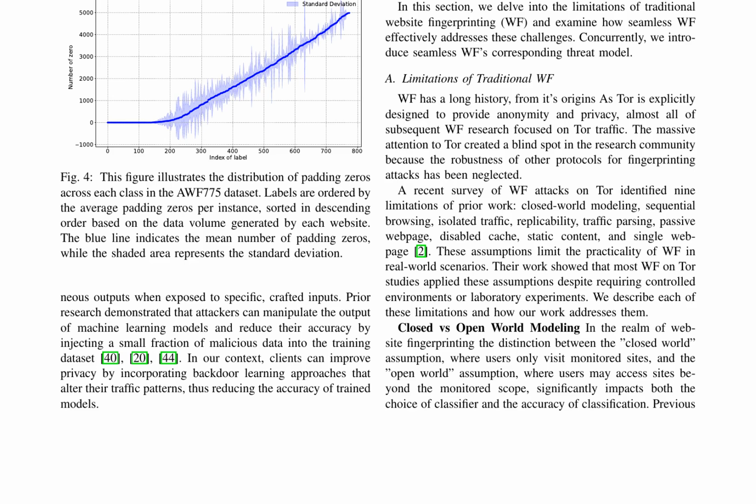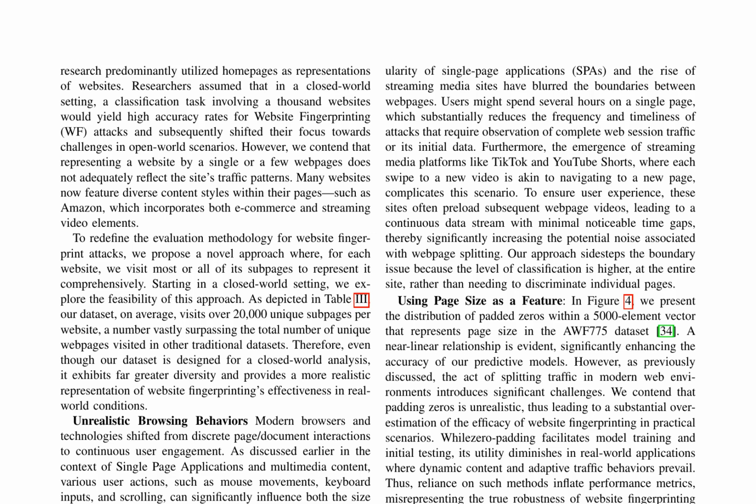The proposed approach addresses these limitations by visiting most or all subpages of a website to represent it comprehensively. The dataset, on average, visits over 20,000 unique subpages per website, providing a more realistic representation of website fingerprinting's effectiveness in real-world conditions. Modern browsers and technologies have shifted from discrete page interactions to continuous user engagement, influencing web traffic patterns. The proposed approach simulates a wider range of user actions using Puppeteer, capturing the complexities of modern web usage